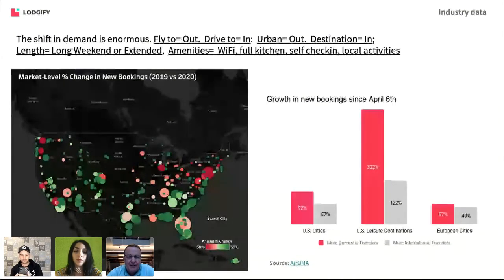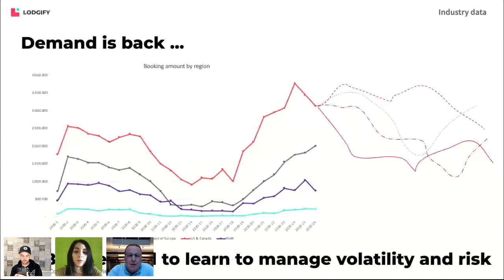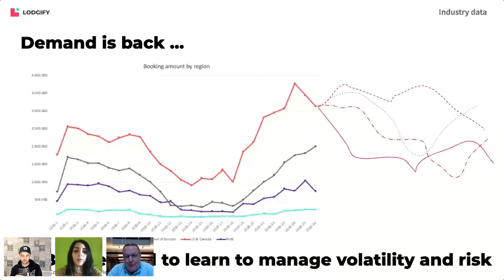If we move to the next slide. The key is, in what I drew here, is we don't know where demand will go. So this becomes extremely important. In addition to being a great host and being able to manage your property, you now have to manage volatility and risk of your business. And that takes different skill sets and different thinking than maybe you had in the past year or two where there was more stability overall. So let's get into addressing how do you manage volatility and risk. In the next slide,